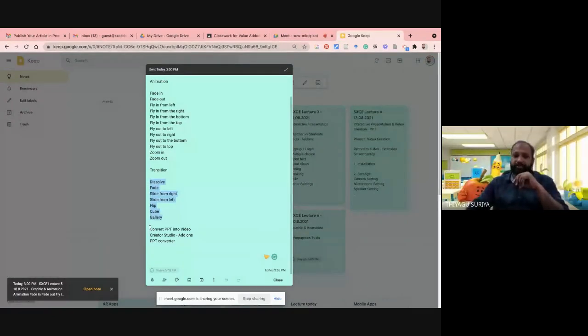Then after this, in the last session we also discussed how to prepare a video through some of the add-ons. But now I'm going to focus on how we can convert your normal presentations into a video. So that also I'm focusing on. And for this, we are going to use the Creator Studio add-on, and how we can use it, we will discuss that too. And finally, how we can download that particular Google Slides into PPT mode, and how we can convert it into video mode through the normal PPT. That also I'm focusing on in today's presentation.